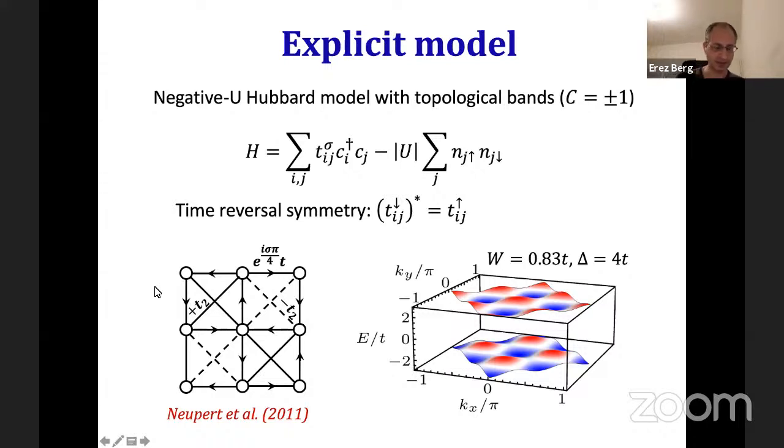Okay, so this model was actually written down by Neupert et al. And the interesting thing about this model is that the lower band for spin up has Chern number, say, +1, and the upper band has Chern number -1. You see that the bandwidth is relatively small, maybe a fifth, compared to the band gap between these two bands. But we really want to study what happens if we take the limit where the bandwidth goes to 0.